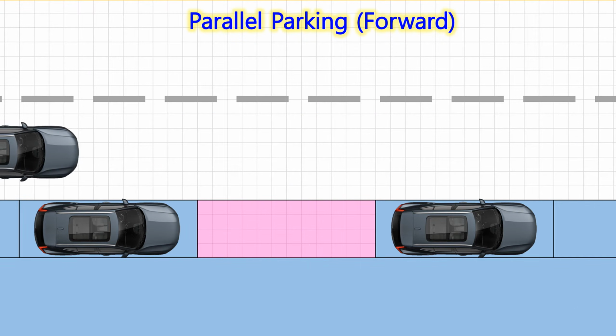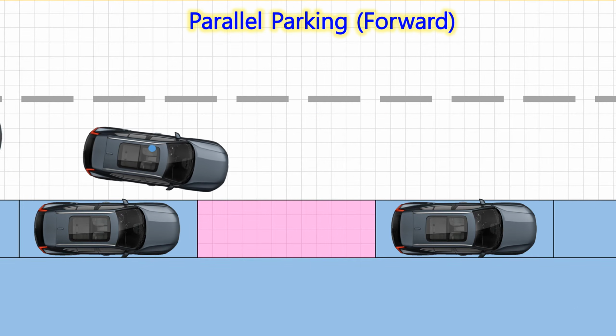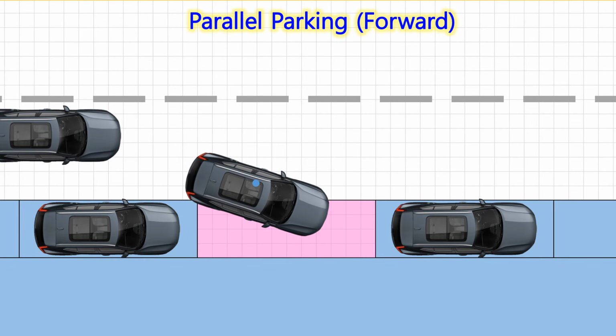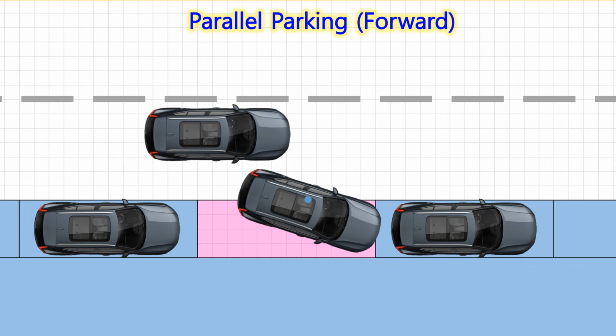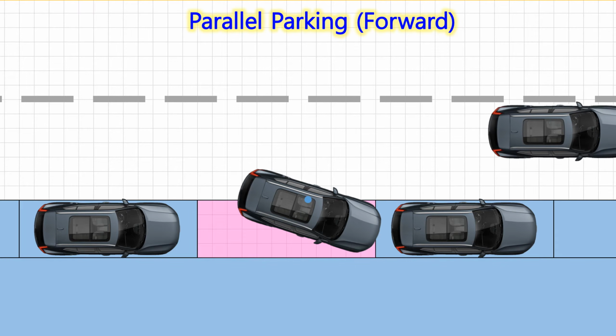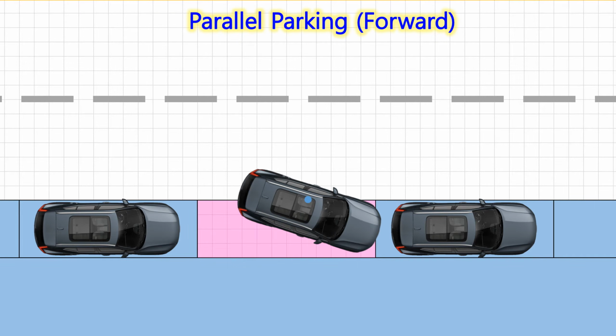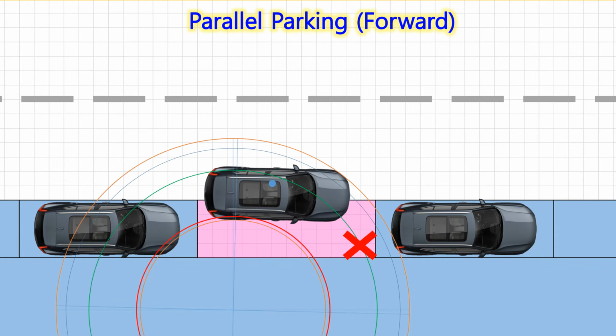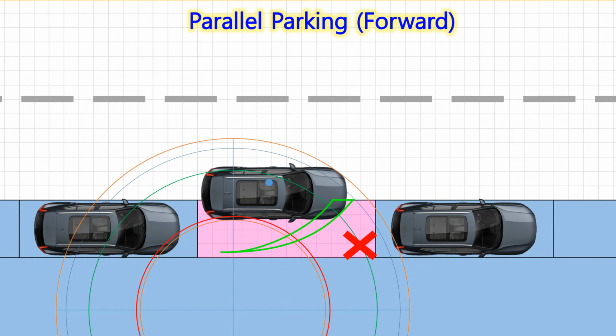Now, this video is going to show the forward entry parallel parking maneuver, which requires a little more skill. This method is to give a way for the other cars behind you to pass by without stopping the traffic. It's no use putting your car into a corner when entering a parking space. It has to be backed out. The important thing is to put the right rear wheel into the green zone with its tangent line together.